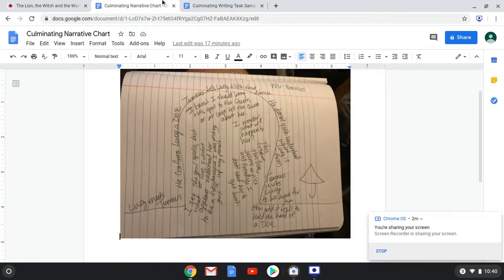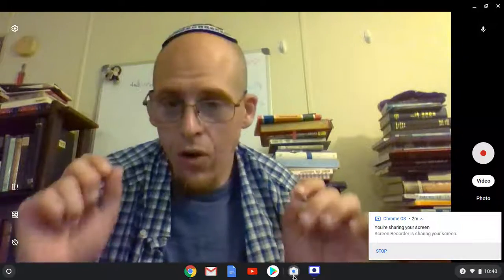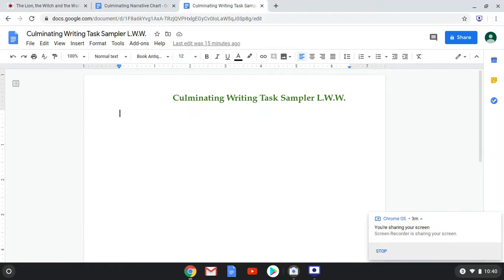Okay, so we start off with Lucy meeting Mr. Tumnus. Oh, also remember, according to the instructions on the culminating writing task, we're writing in first person. So it's Mr. Tumnus using I, me, we language. It's his point of view, and we're going to write it in first person. Okay, so